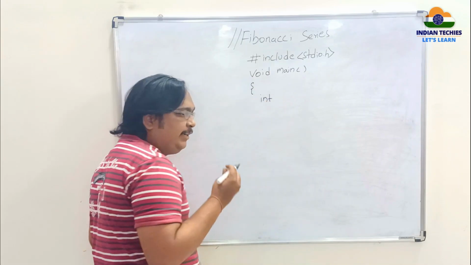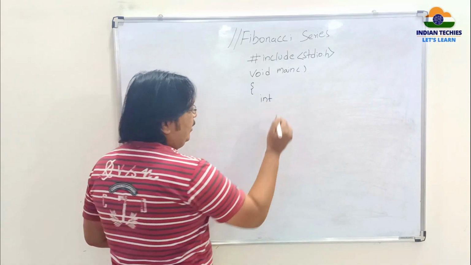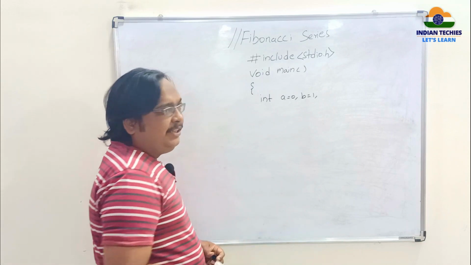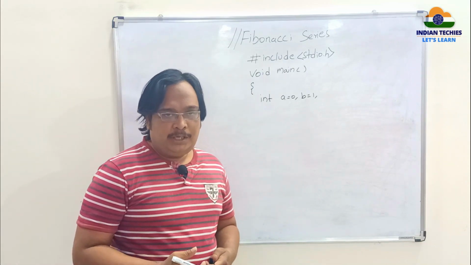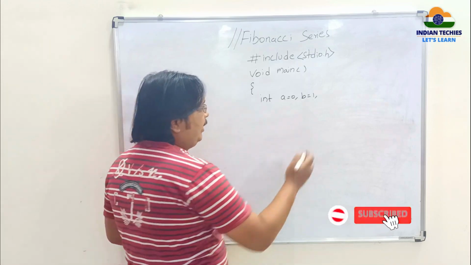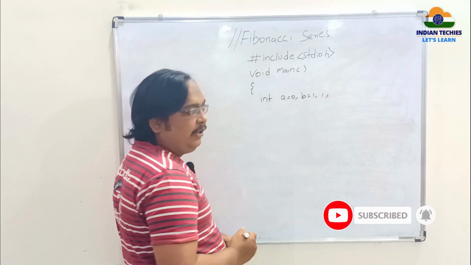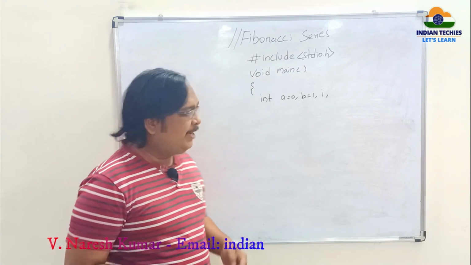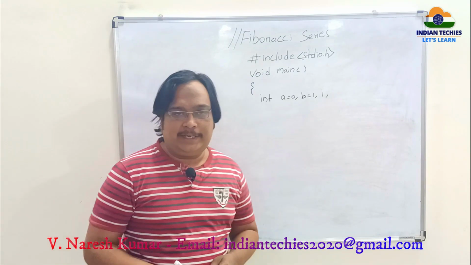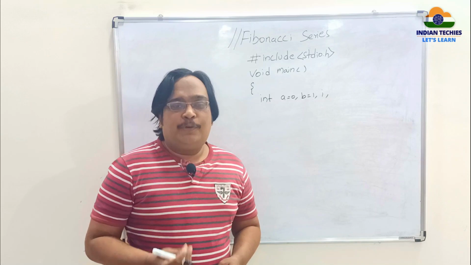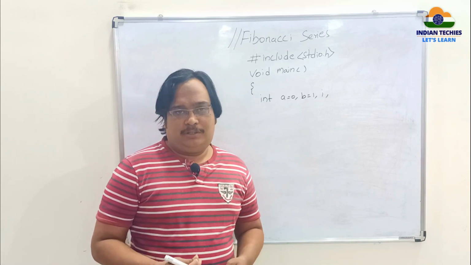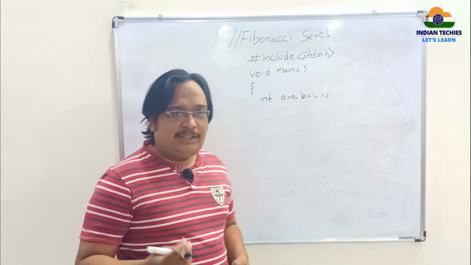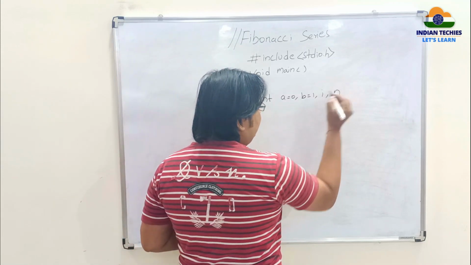I already know the starting first two values, that is 0 and 1. I am storing A is equal to 0 and B is equal to 1. This procedure has to be continued in a loop repetition. For that loop repetition, I am taking a variable called I. Generally you can fix the values to print, means how many numbers you want to print, directly. Or you can take the input from the user, like how many values the Fibonacci series has to print. For that user input, I am taking one more variable called n.